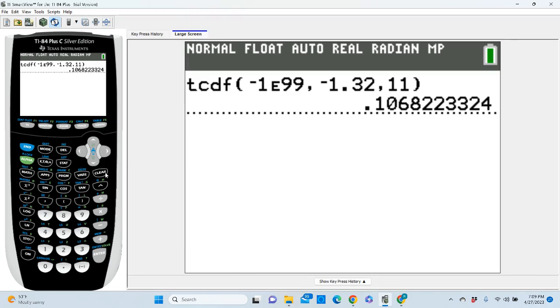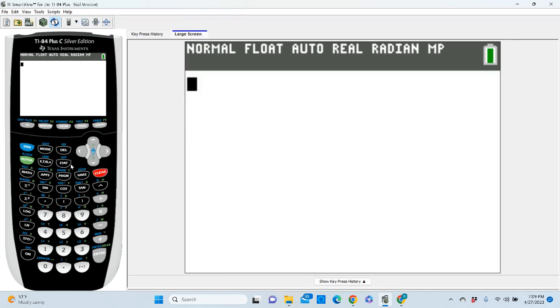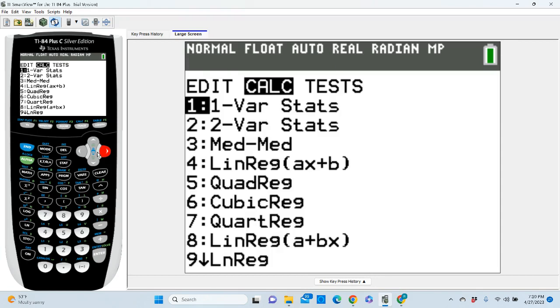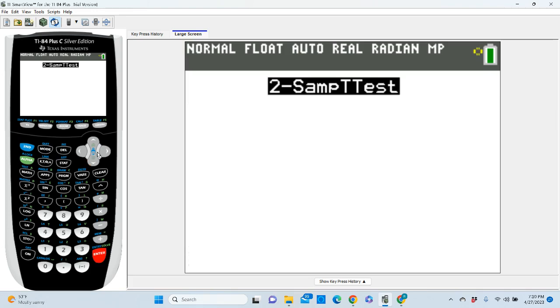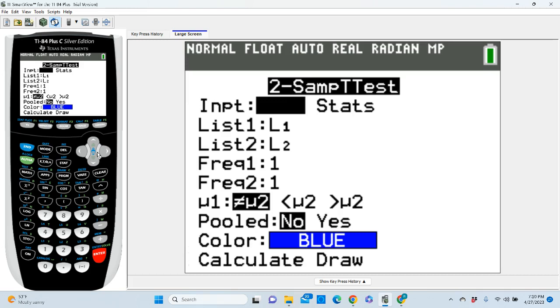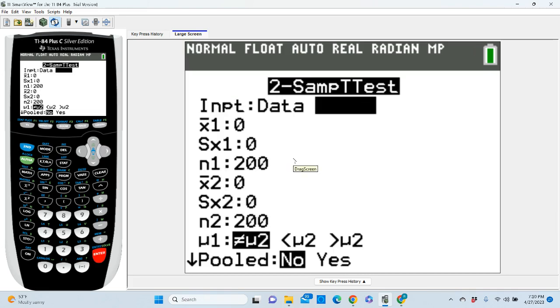So what I am going to do is I'm going to cheat, and I'm going to hit stat tests. And I want to run a 2-sample t-test. So it's right here, right up top, 2-sample t-test. I'll hit enter. All right. We do have the raw data, but I don't want that. I'm going to use the summary statistics that we were given. So I can put in all this interesting stuff. First of all, we are running a lower tailed test. So I'm going to change that button here, right? We're trying to see if